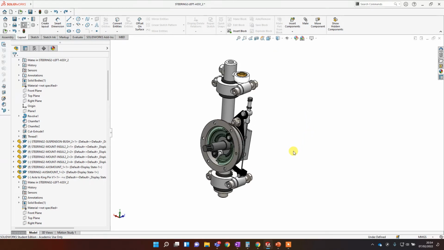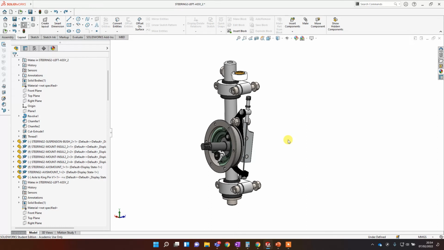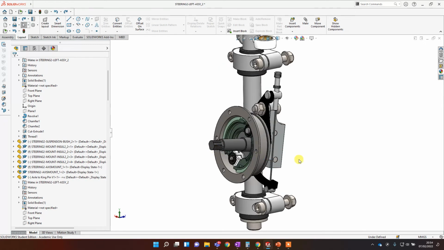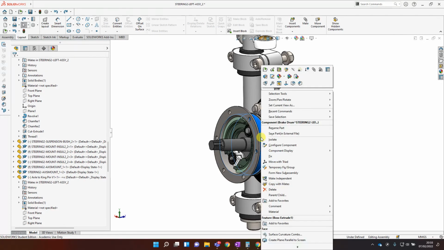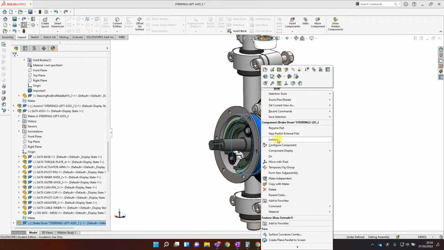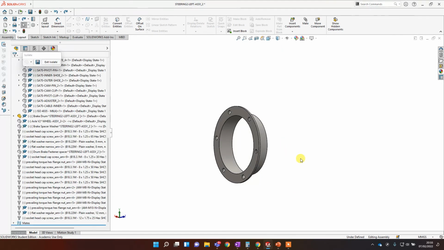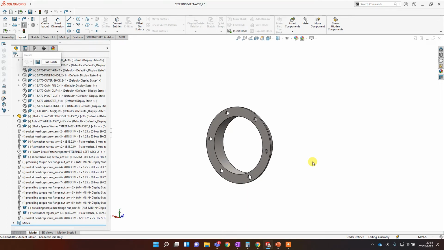Excellent, done. All right, say you had one part in particular that you wanted to focus on and you don't want to go around hiding everything. So say I wanted to focus on this guy here, this brake drum. You can right click on it and you can choose Isolate. And what that will do is literally, as it says on the tin, it will isolate that part. You can get your screenshot of it,